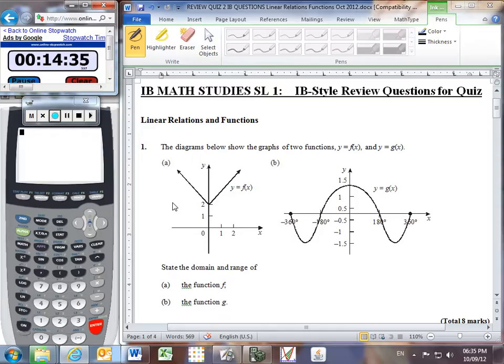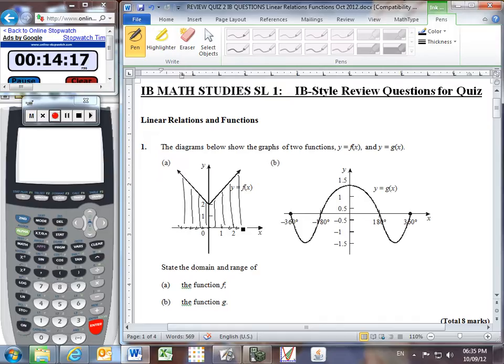So the domain is like all of the x values, and one way you can do this is by imagining smushing the graph down to the x-axis. We see that we've ended up covering absolutely everything along the x-axis, and this goes on forever in each direction, so our domain of f is going to be that x is